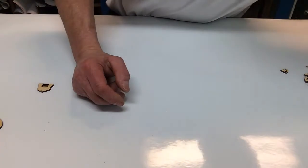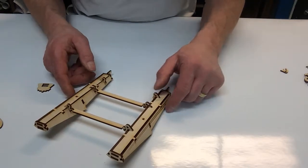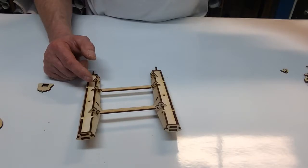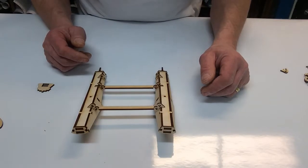To speed this thing up, I'm going to bring in a set of put together floats, and we've added our cross braces, which are called part 11, but they're hooked in there. Okay,